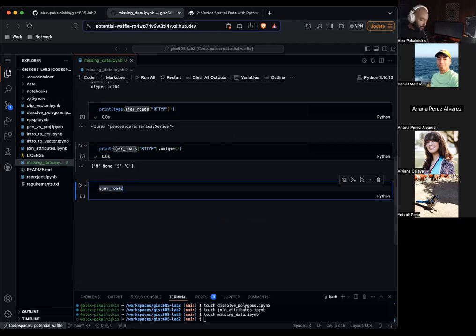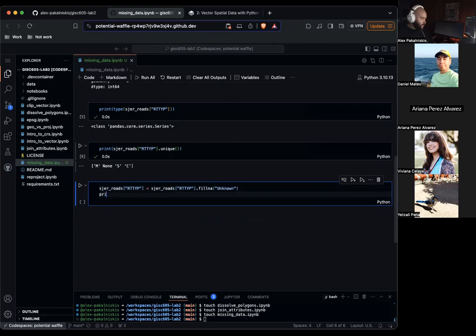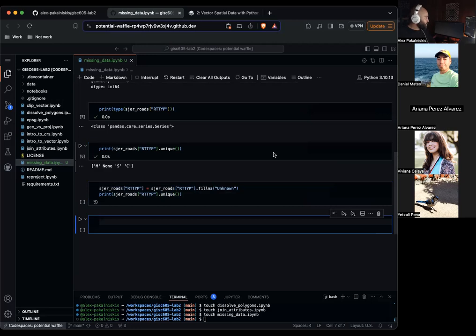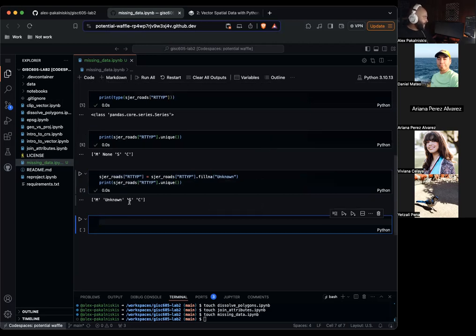SJER_roads RTTYP equals SJER_roads RTTYP .fillna unknown. Now let's print SJER_roads RTTYP .unique one more time. Now you'll see that we have M, unknown, S, and C.